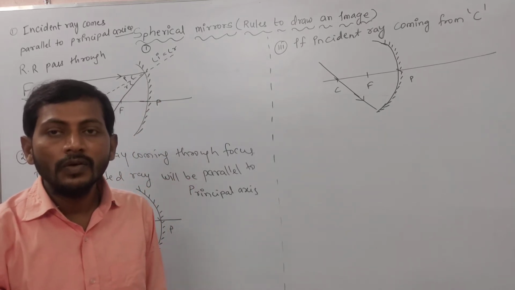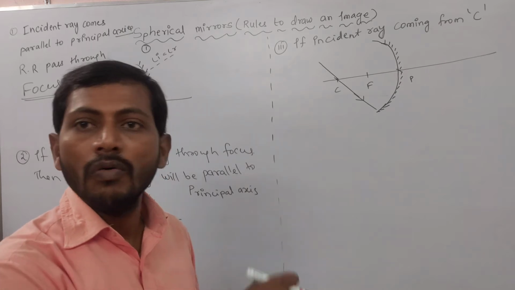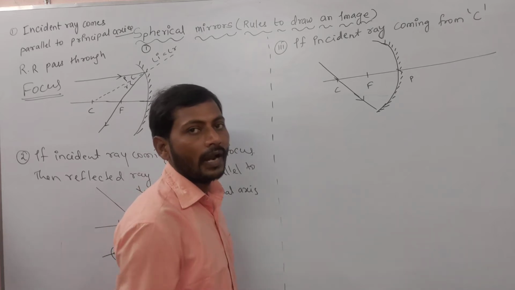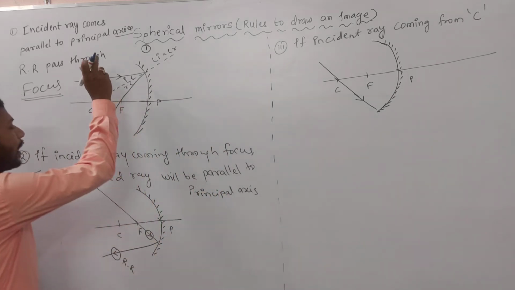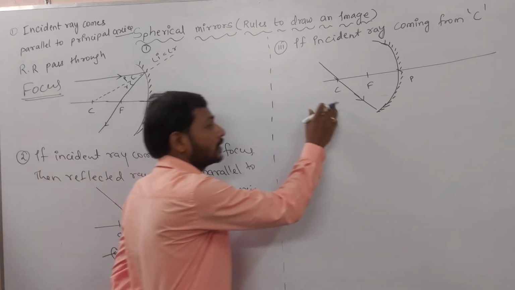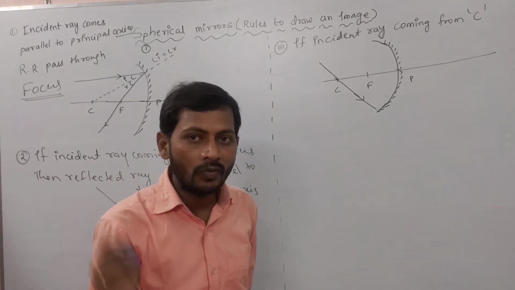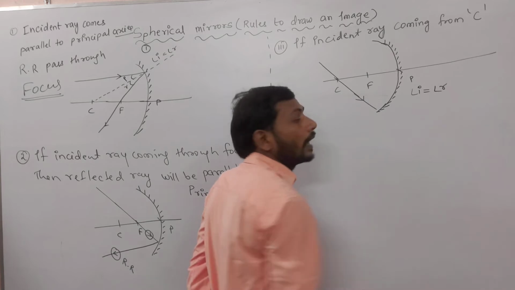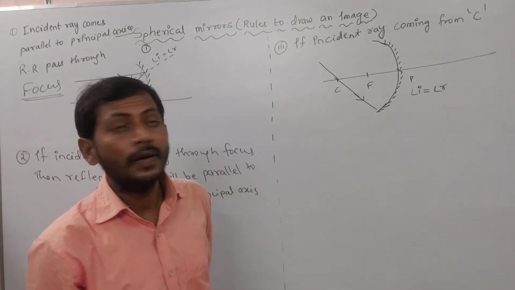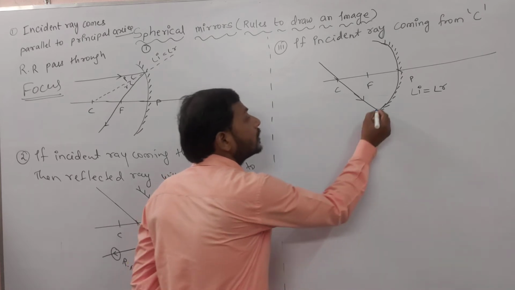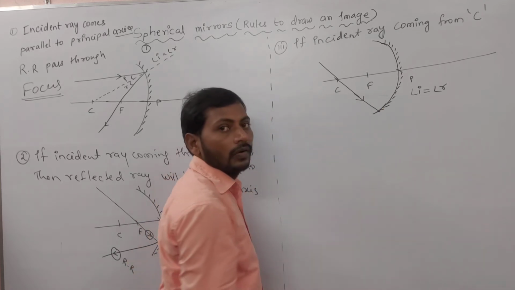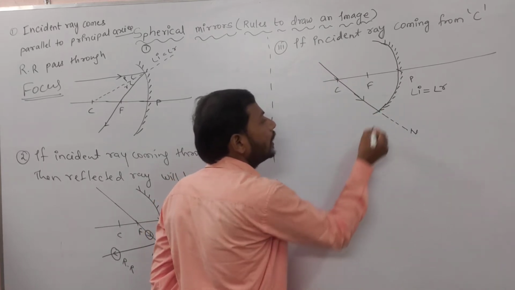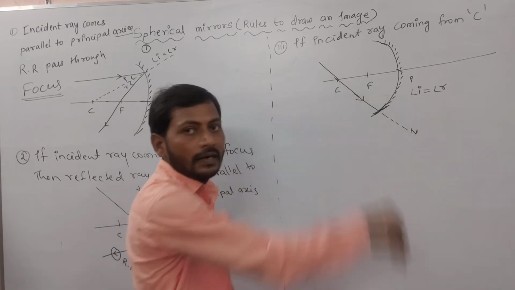Then our question is, from where will the reflected ray move? That is our question. Once observe that we already have that knowledge. Whether it is coming parallel, or from the focus, or from the center or anywhere, light has to follow which rule? It has to follow angle I equals angle R. Then write there. So now I am going to write here which is I and which is R. We know that the line which is passing through the center is nothing but the normal, because if I draw the tangent here, this is called the normal.